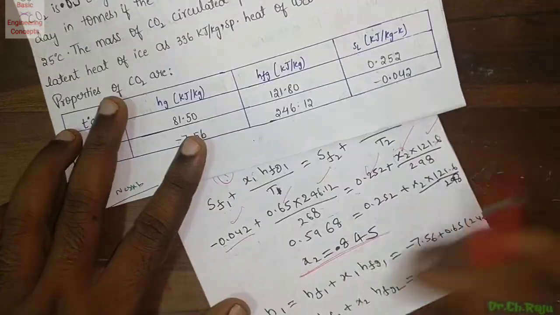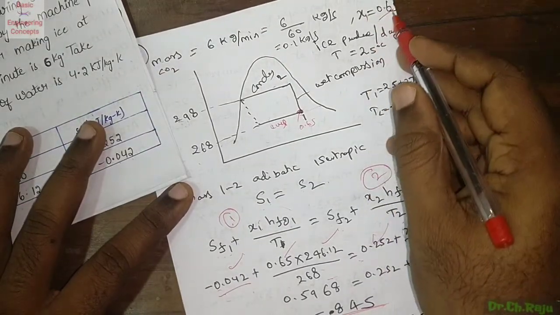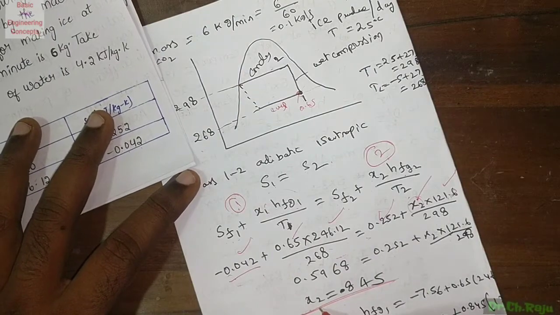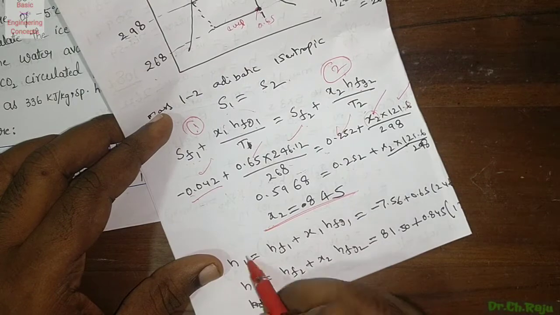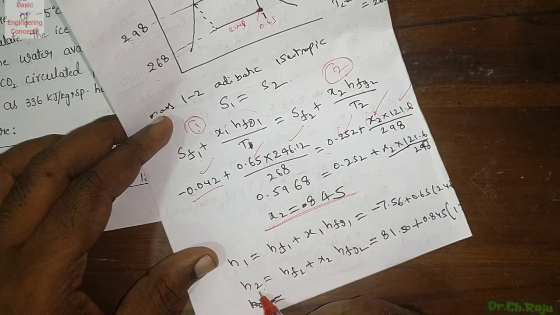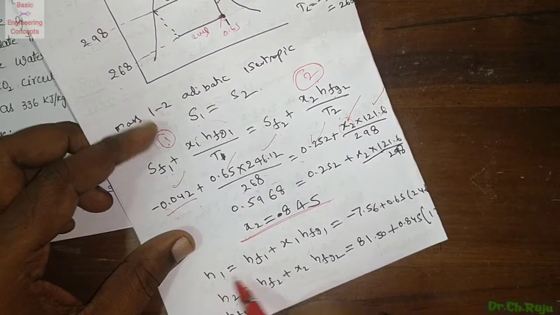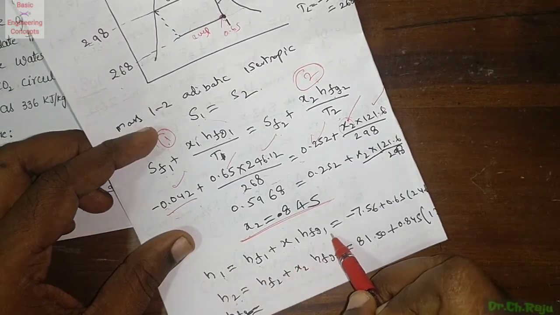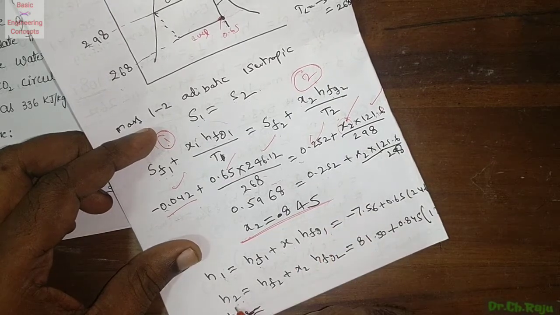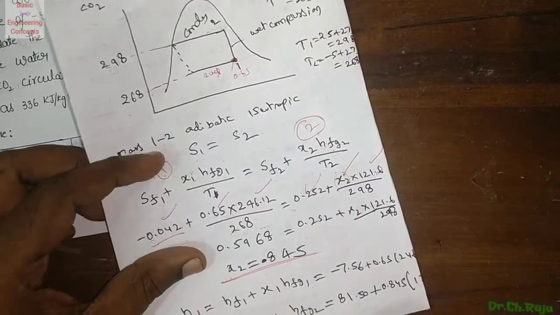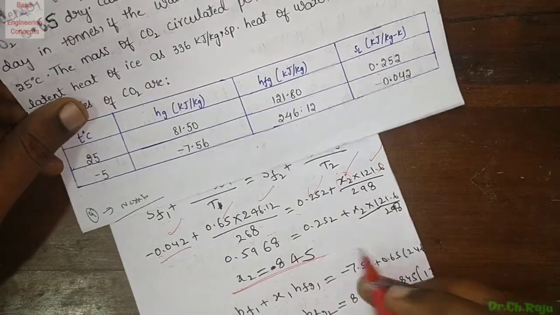As you already know the condition, X1 is equal to 0.65 and X2 is 0.845, you can calculate the enthalpy of wet vapors, that is H1 at condition 1 and H2 at condition 2. So the enthalpy of wet vapor is H1 equals HF1 plus X1 HFG1, like in steam properties. H2, the enthalpy at condition 2, is HF2 plus X2 HFG2. So all of these are given here.